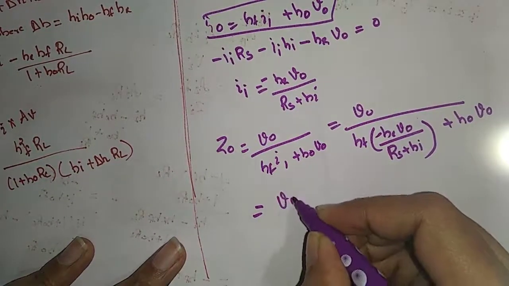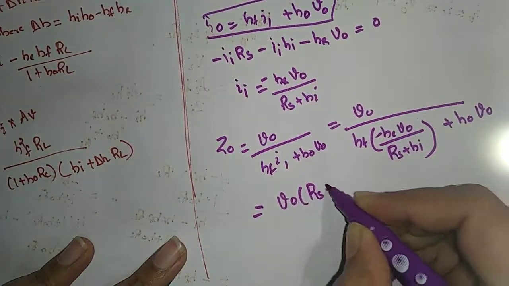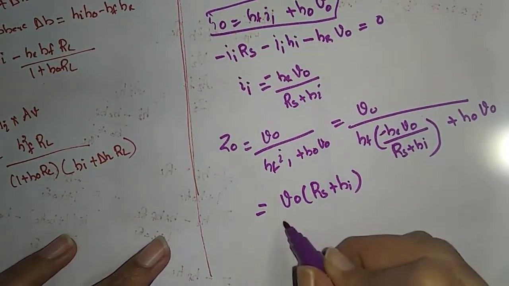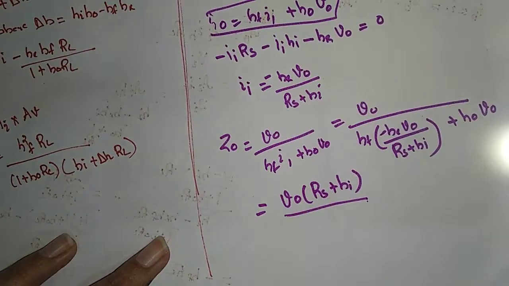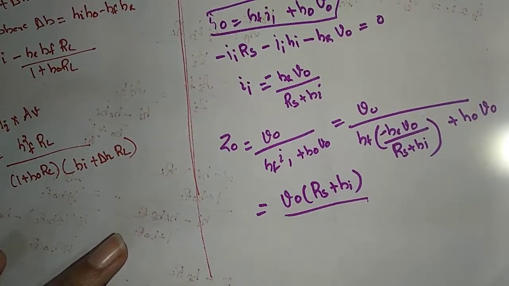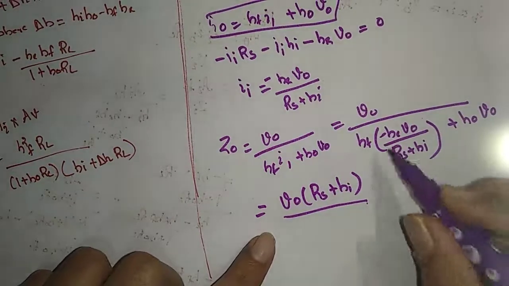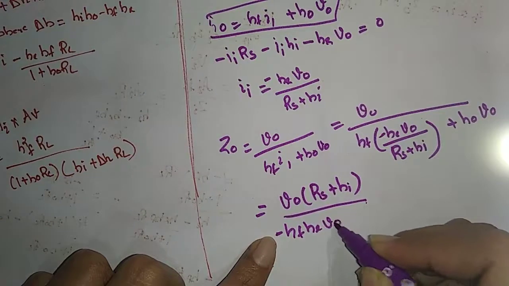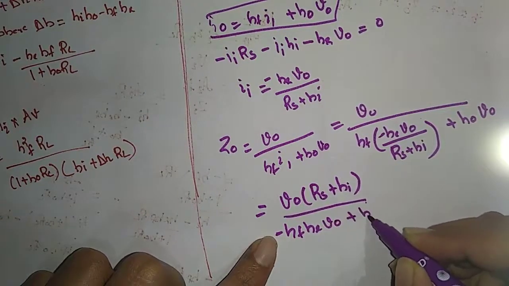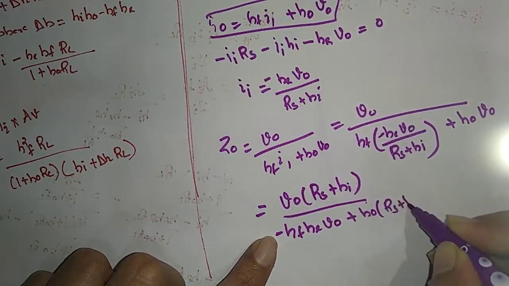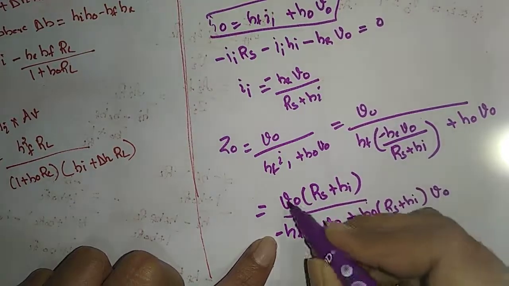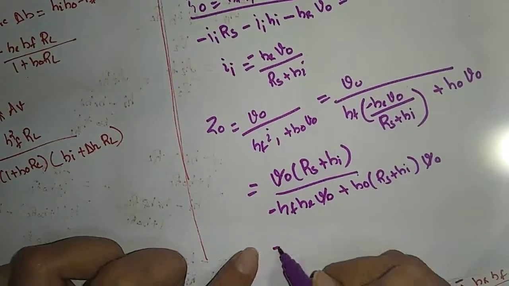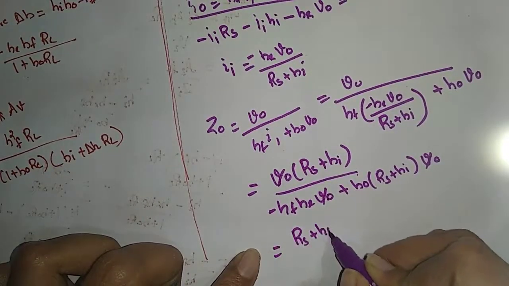So I will get V0 into RS plus HI divided by HF minus HF HR V0 plus H0 into RS plus HI into V0. This V0 is everywhere, so I am cancelling it out. So my equation is RS plus HI